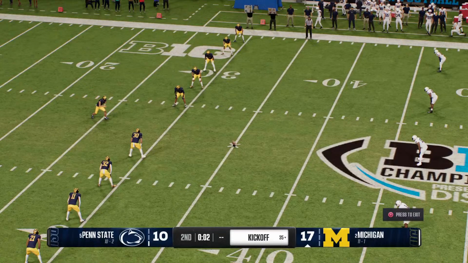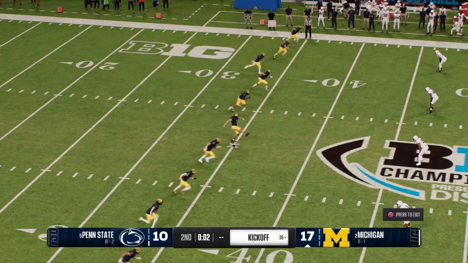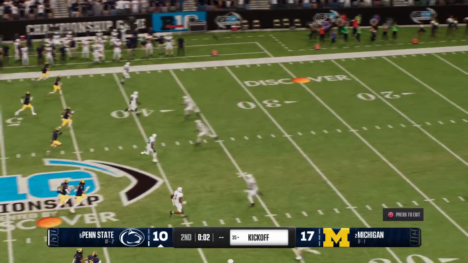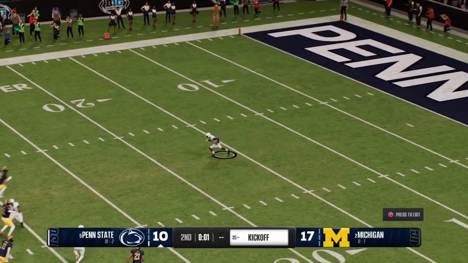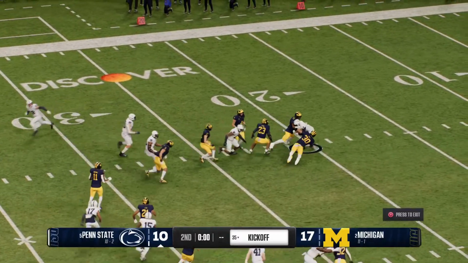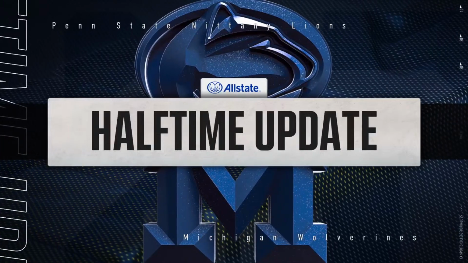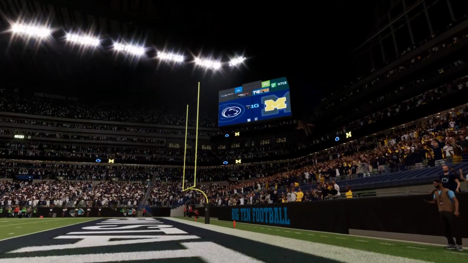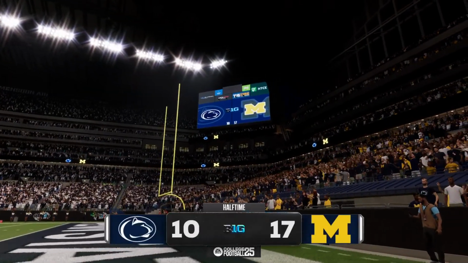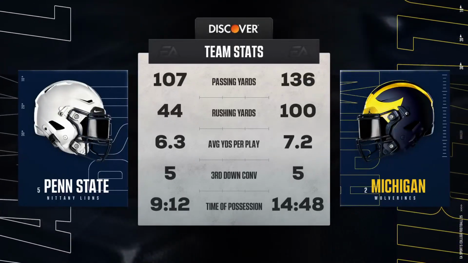So here's the kickoff now. Offense settling for 3, tacking on a little bit of momentum before the halftime break. He's got it inside the 15. And the coverage team brings him down as the clock runs out in the first half of play. And that will do it for the first half here. Kevin Connors now has our halftime update.